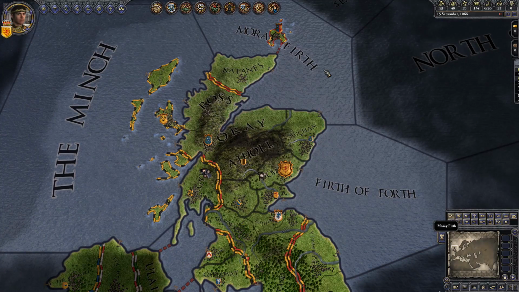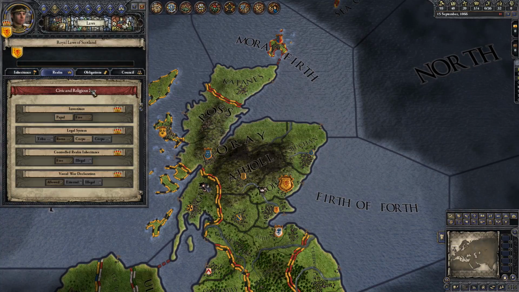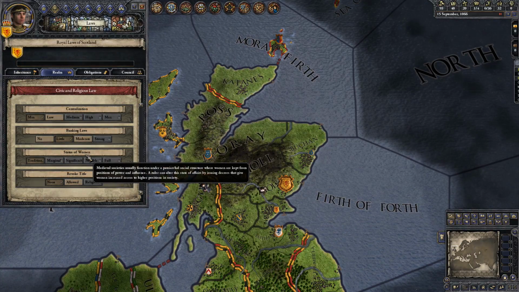Okay, so that covers the inheritance laws. We're going to briefly touch now on different laws in your lands. There are all sorts of different things that you can change. Crown